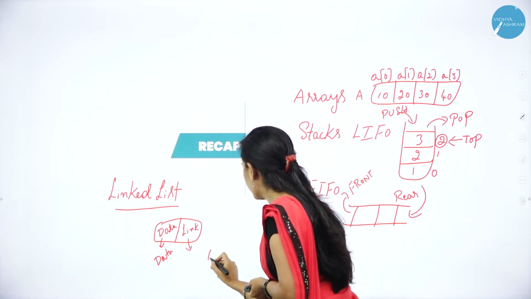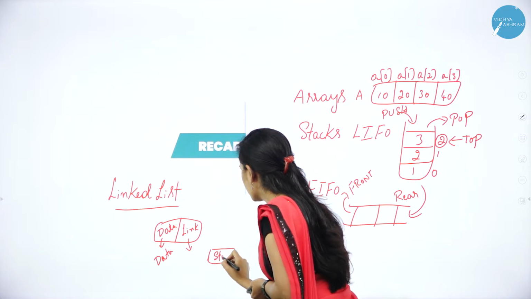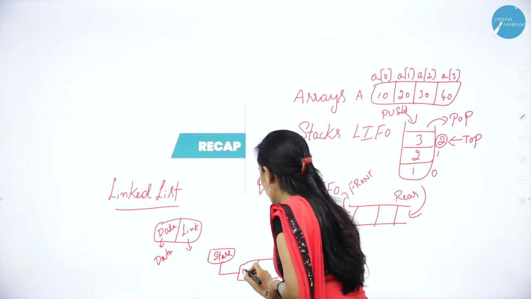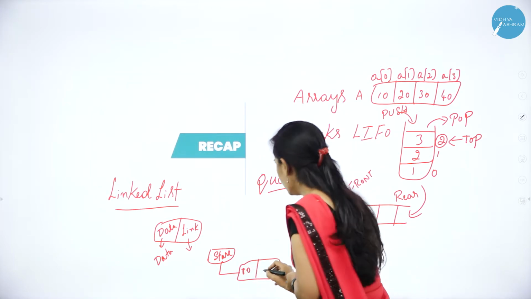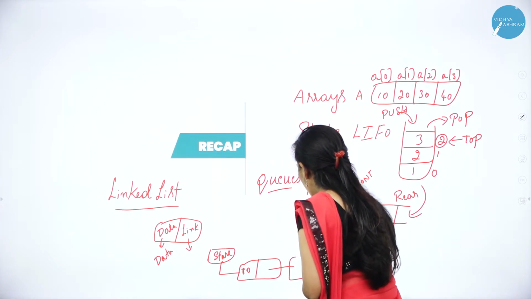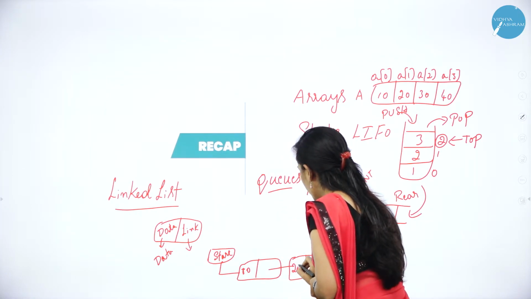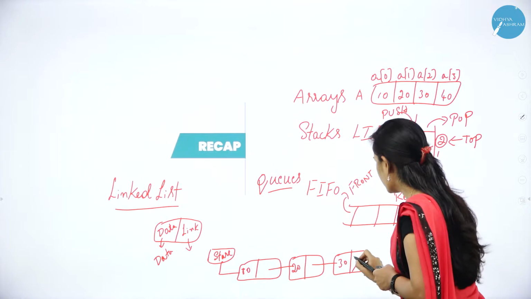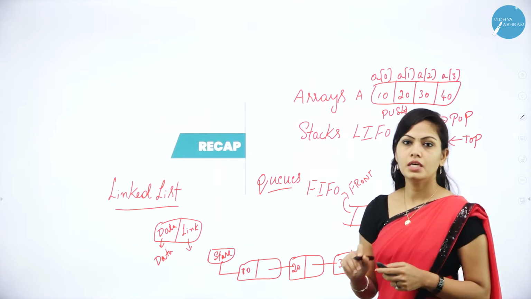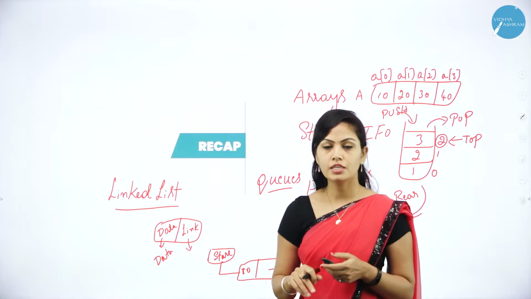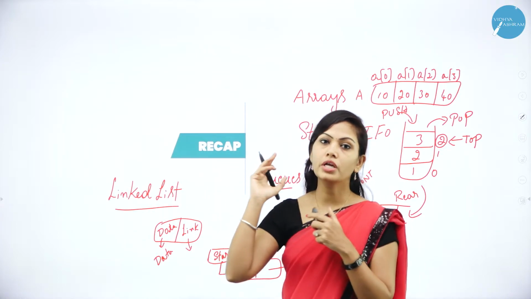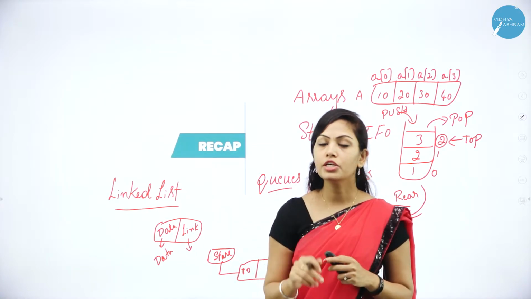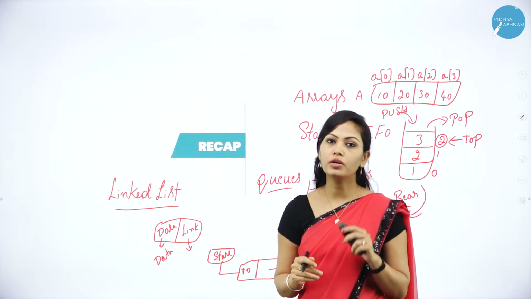So for example, start means it is connected to the beginning of the node. I will take 10 as my data, and here link part finds the address of the next node. So last part is null. So this is the representation of linked list. So, in my previous session I have discussed about arrays, stacks, queues and linked list. These are the linear data structures, and today I am going to discuss about the last topic called nonlinear